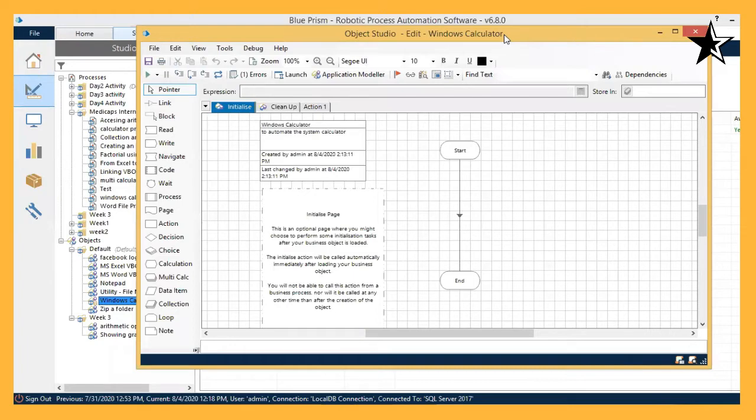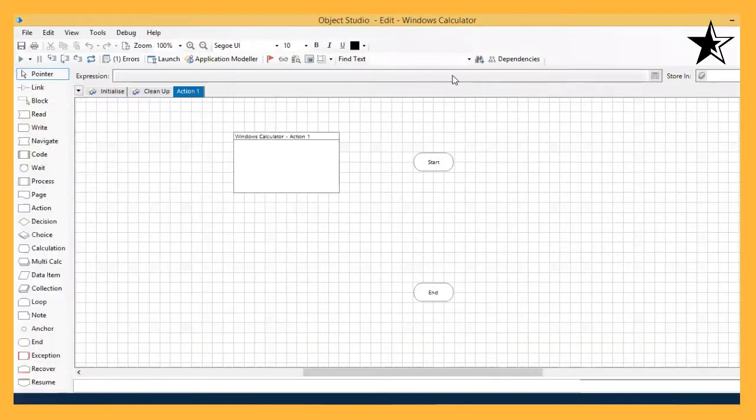Whenever you want to calculate something, the first action you need to take is to open the calculator. Then the subsequent actions will be according to your calculation and your numbers. You are going to press the buttons, and then press the equal sign. The respective calculation will be performed, and the result will be displayed on the screen. The same thing we want to train the Blue Prism object to do for us. So what should I do, and how should I do it? Let's begin.